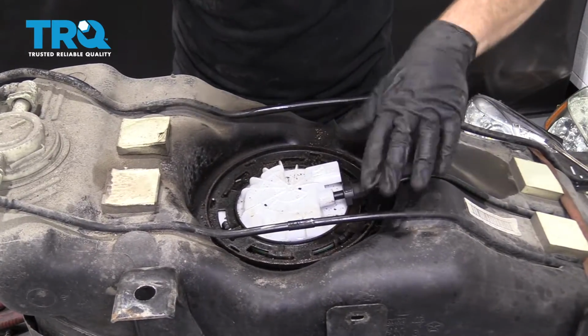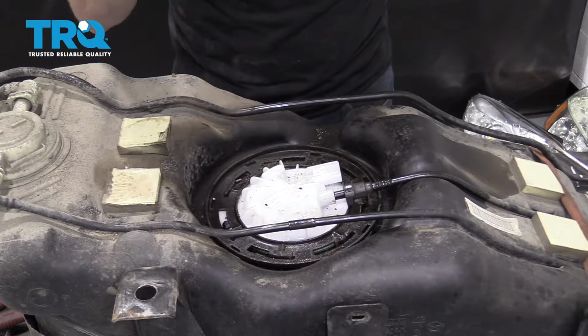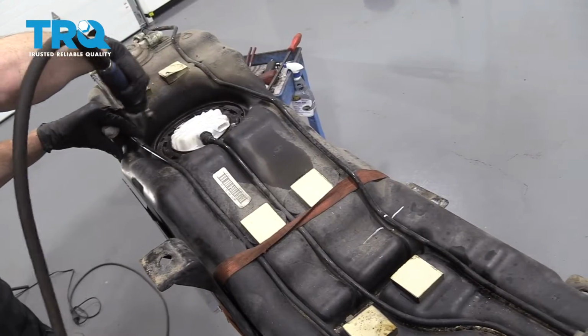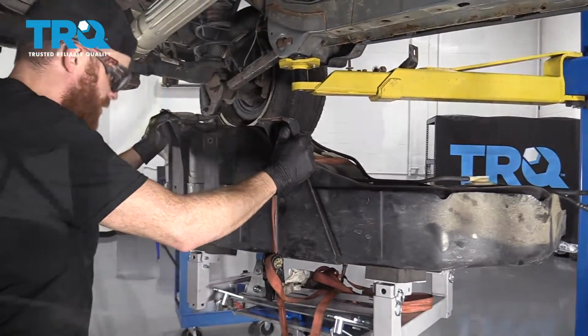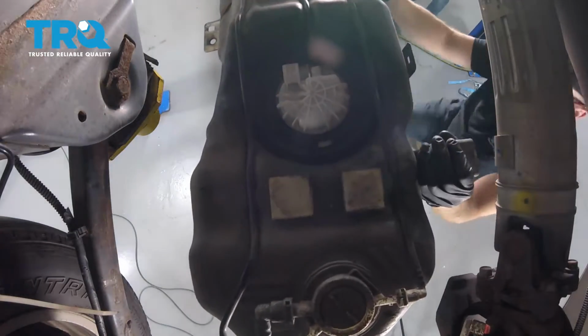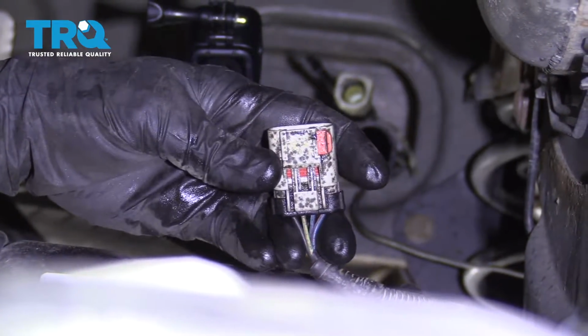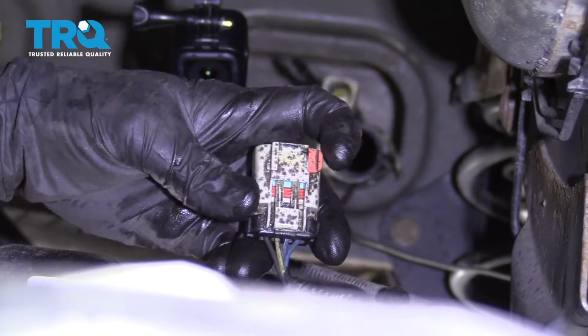Wonderful. We'll just blow this back off in a second, make sure it's as clean as possible, and we can continue with the install. Let's just blow off some of this crud here. Okay, so let's get this gas tank up in here. All right, so we have our electrical connector. It's important to remember that once you push this back into the fuel pump, you press this little tab and